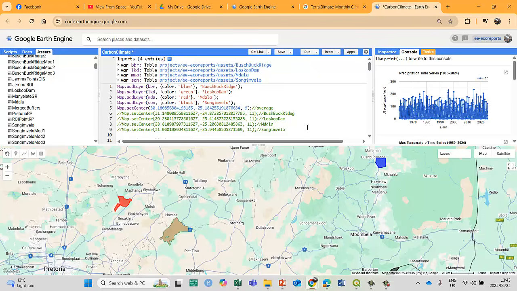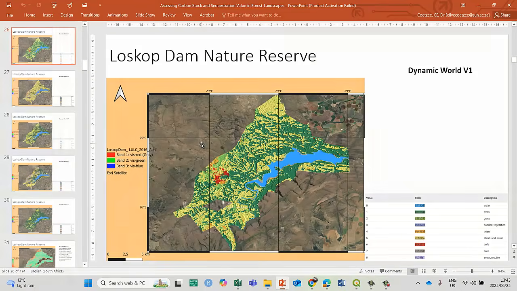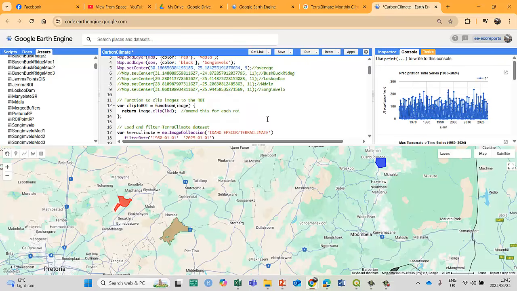Okay, so let's park this video here, and then we'll continue in another video where we're going to do a little bit of work on land cover, and we're going to specifically use the Dynamic World dataset, which is always fascinating and interesting work. So we're going to play around a little bit with that in our next video. So something to look forward to.